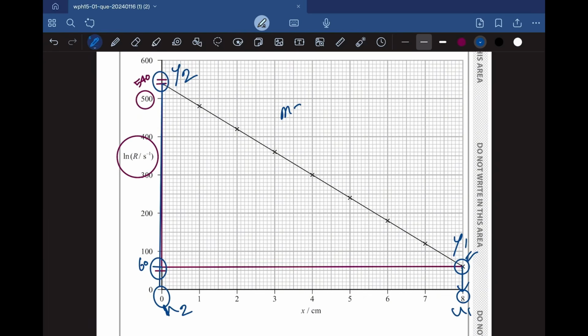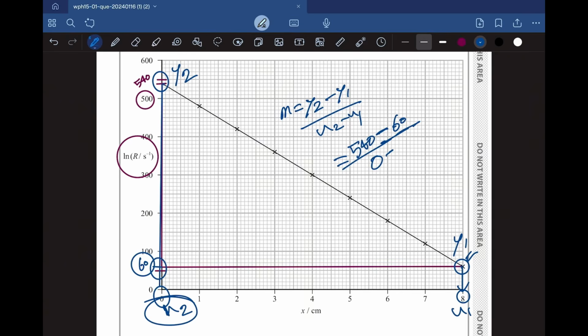So we know the formula of gradient is y2 minus y1 divided by x2 minus x1, and we know our y2 was 540 minus y1 was this value, which was around 60, divided by x2 minus x1, and our x2 was 0 and our x1 was 8. So if we figure it out like this, our value is going to be actually minus 60